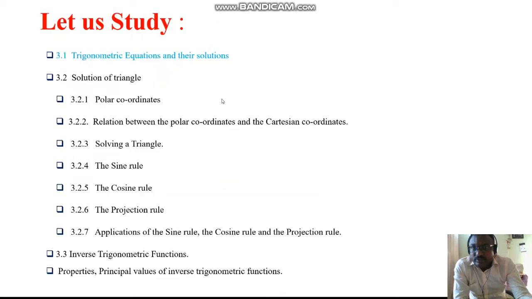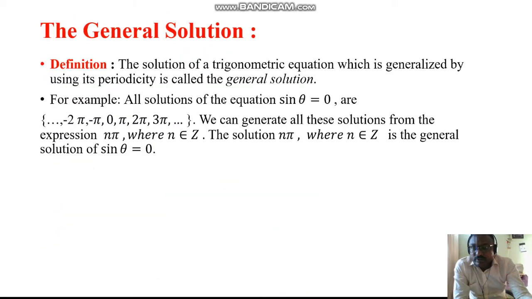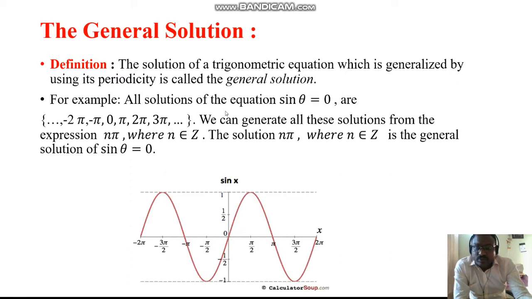What is the general solution? The solution of a trigonometric equation, which is generalized by using its periodicity, is called the general solution. For example, consider all the solutions of the equation sin theta is equal to 0. From the graph, look at the figure